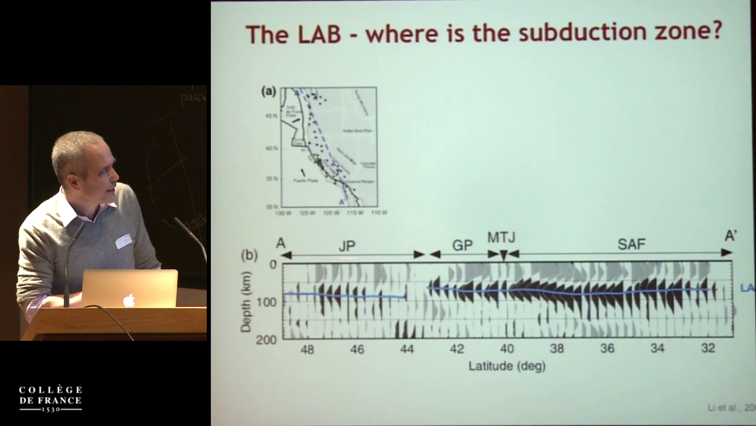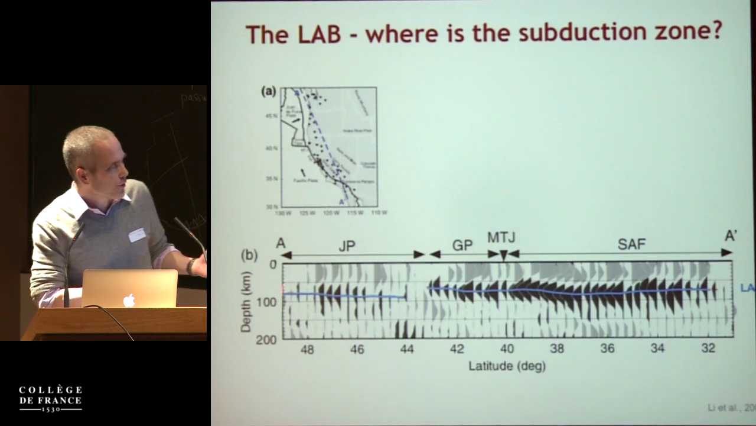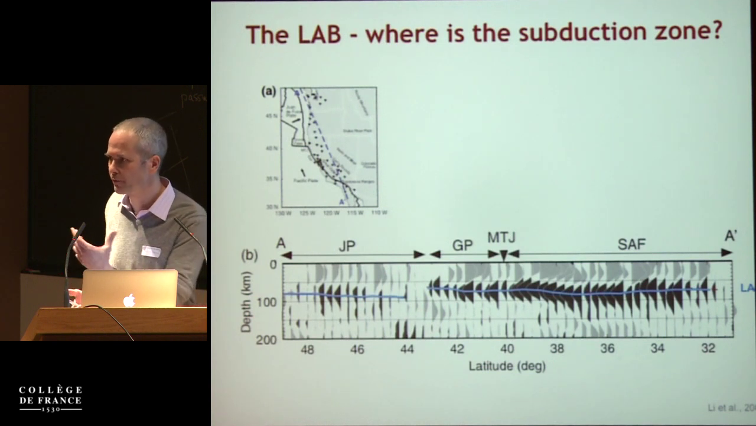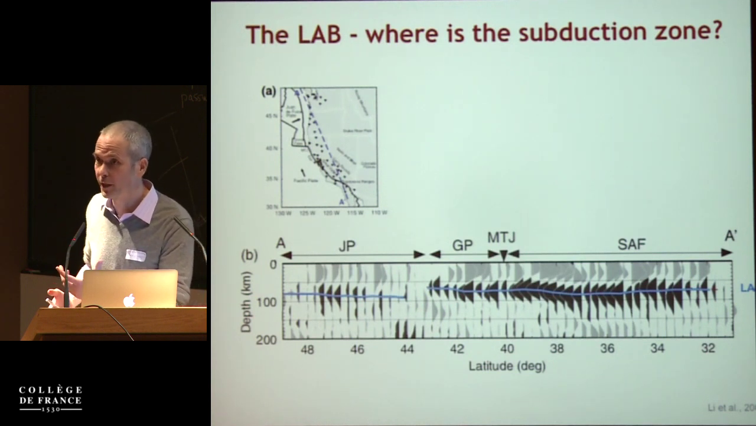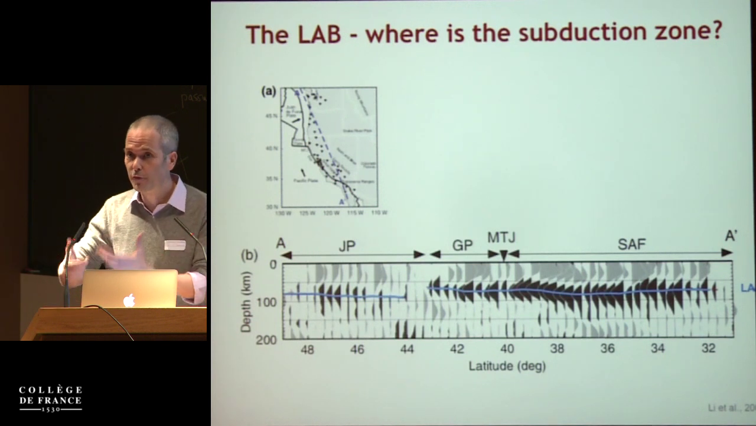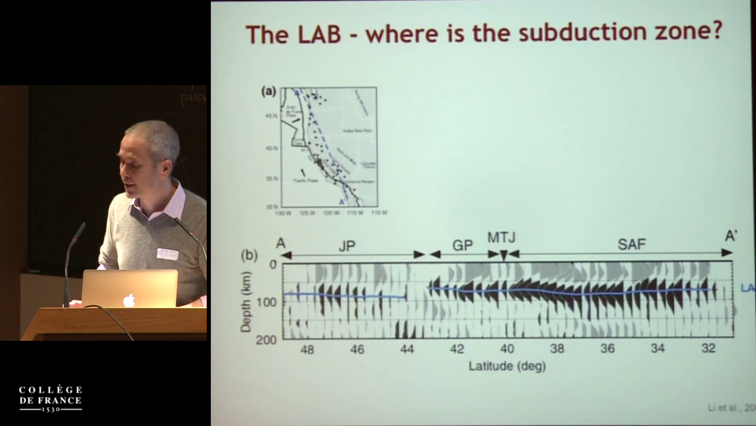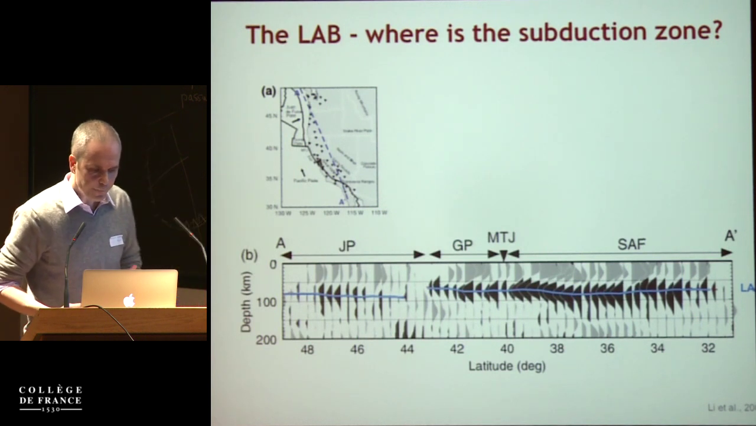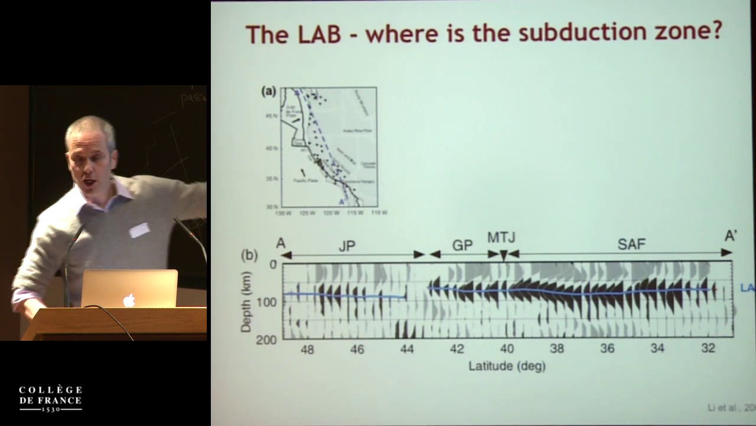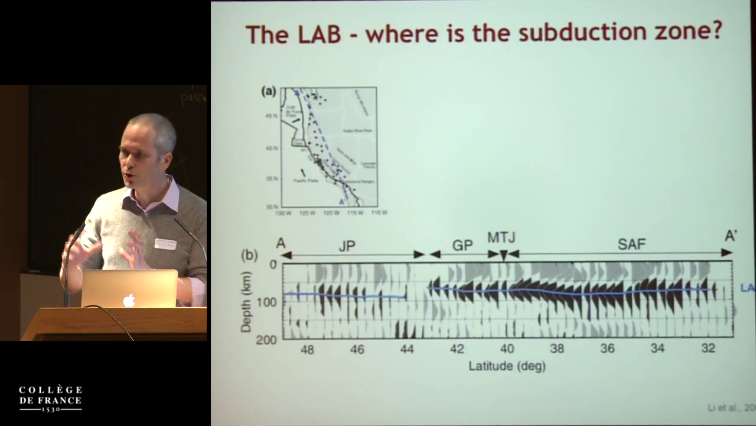So presumably, the signal that we see here should not just be that of the LAB. There should be a component of LAB from the overriding plate, but there should also be a component from the subducted slab and from any of the processes that are happening in the mantle wedge. So what we're going to do in this talk is see how we can basically complement these studies and go to